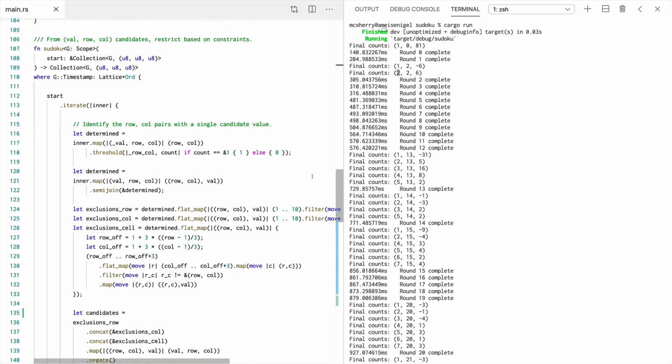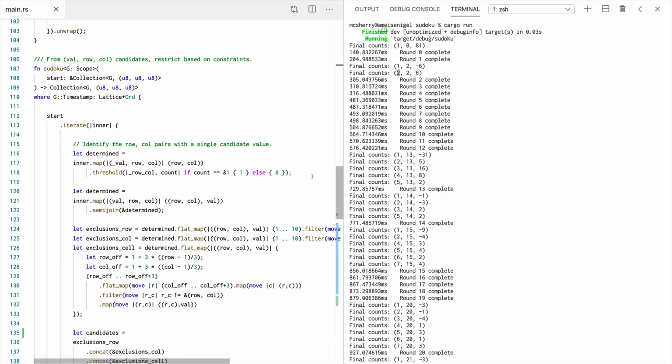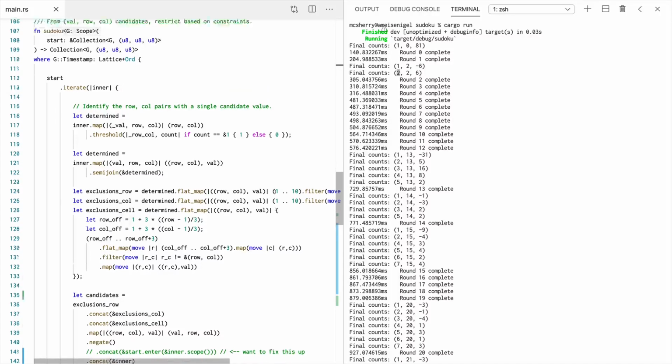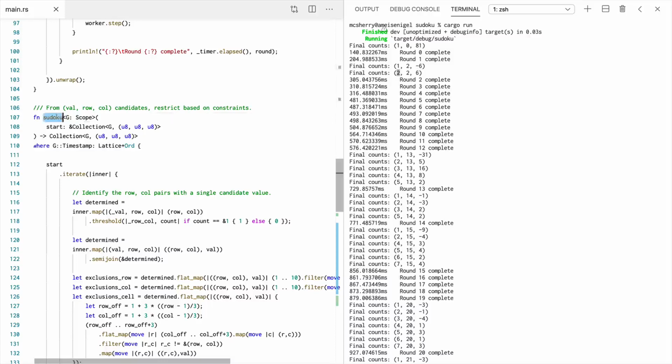So let me just walk you through the rules. They're not super complicated. In fact, they're really simple. There's much more clever things that one could do, and hopefully we'll see that we have to do them. So this method that we've written, Sudoku over here, takes us from a collection of